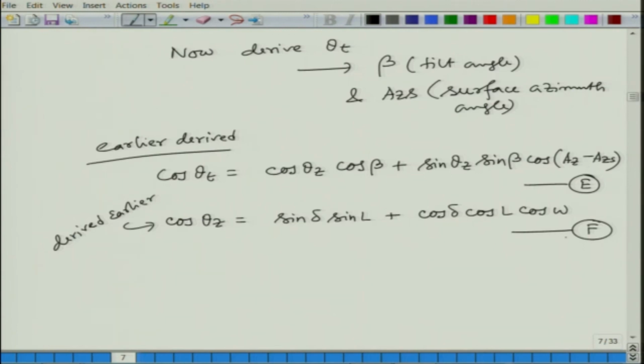Okay. Now, you see that here this solar and surface azimuth angle, they make it compatible with the global reference frame. And this hour angle makes it compatible with the local reference frame. Okay. So, now what we will do, we will combine the two and